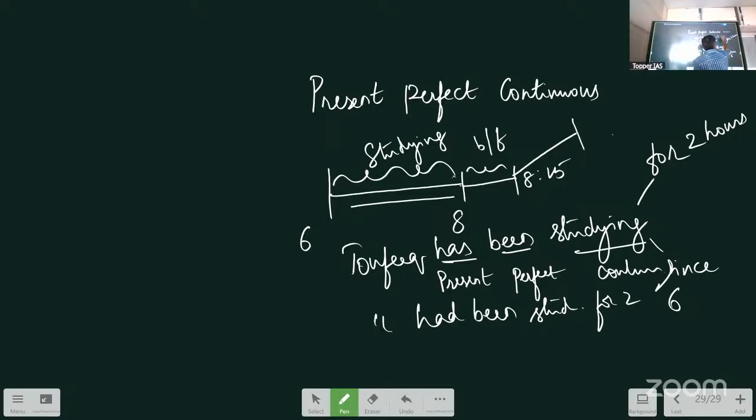So next, Taufik starts studying again at 9:15. What will Taufik's mother say? Taufik has been studying for 1 hour. Taufik has been studying since 8:15. Taufik had been eating for 15 minutes. Taufik had been eating since 8 o'clock. Taufik had been studying for 2 hours. Before this, he had been studying since 6 o'clock. Whatever is over, had been plus V-ing. Whatever is happening, have been or has been plus V-ing.